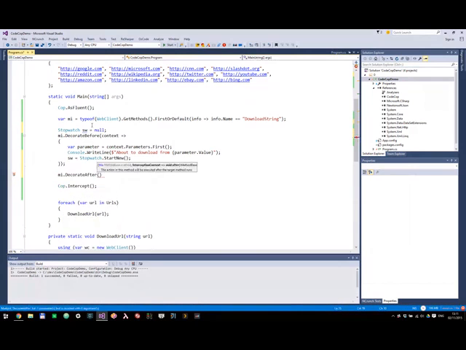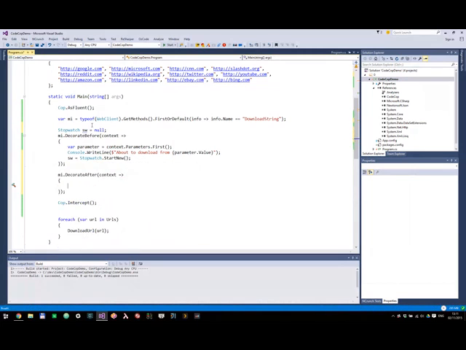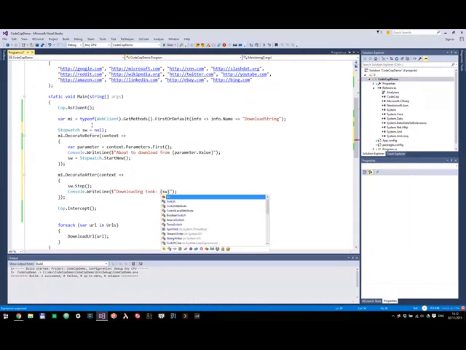So after execution of the method, I need to stop the stopwatch. And also here I have the context object, which is nice. So now I can just call sw.stop. And what I want to do is write to the output how long the downloading of the page took. So I can write "downloading took", and this is the fun part because I never remember what the stopwatch parameters should be. I think it's elapsed total, it's called total seconds,